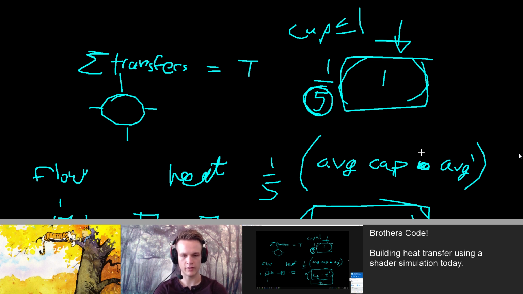So the proportion times the capacities, but I'm not sure if this works with temperature. So why does it need to be a proportion? Why not just not divide by T prime? Because then this goes to 1,000, and now you're doing 1,000 times 1/5. Right, but if it goes, you don't have that much temperature. Why do you not have that much temperature? Because, so if this is outflowing.